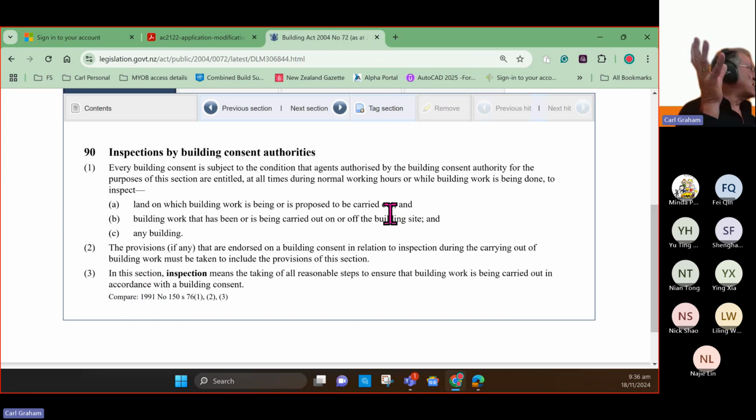There may be a section somewhere, maybe not in the Building Act, but it could be the Local Government Act. What's normal working hours? 8 till 4, 7:30 to 5. I don't know. I was in Singapore and I was watching them working at night in the dark with their lights on. Is that normal working hours? But anyway, yeah. So in answer to your question,